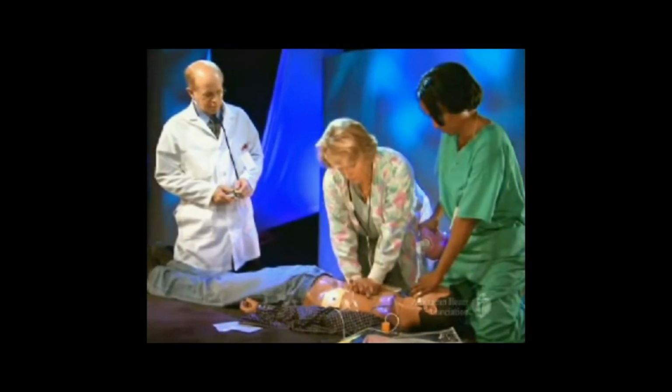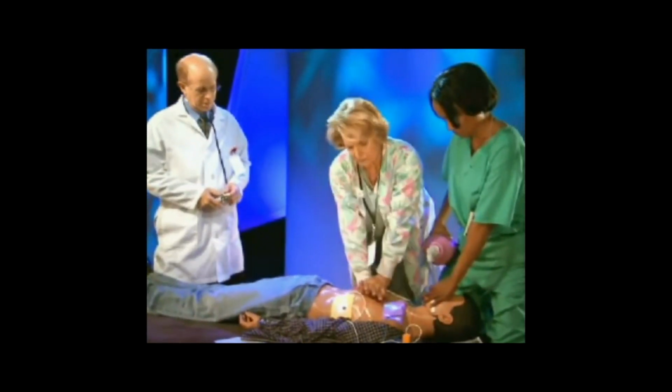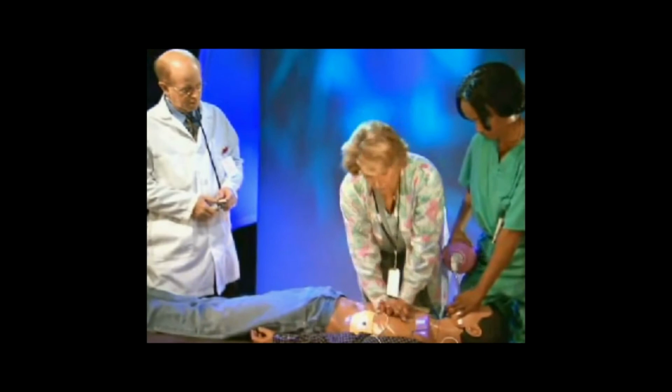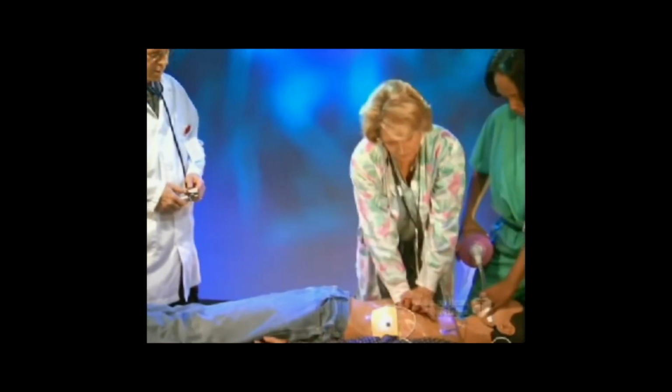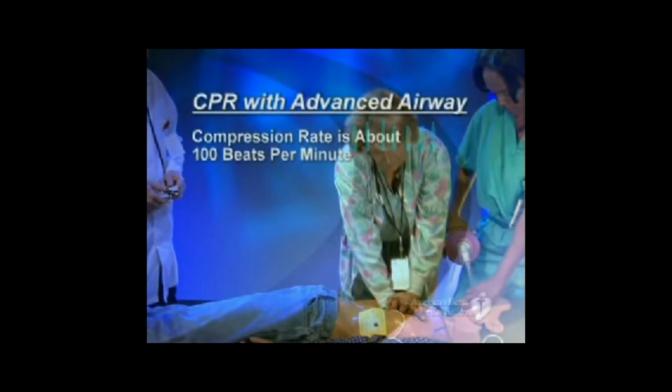CPR is performed slightly different when a victim has an advanced airway, such as an endotracheal tube, combi tube, or laryngeal mask airway in place. 2 rescuers no longer deliver cycles of CPR. Instead, the compressing rescuer should continue chest compression